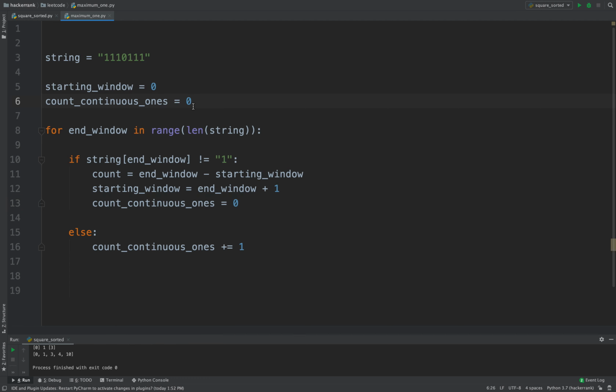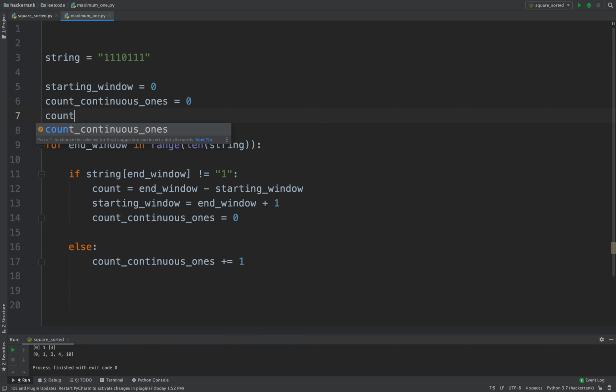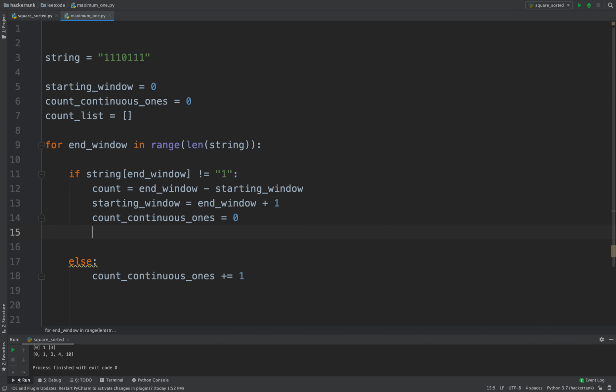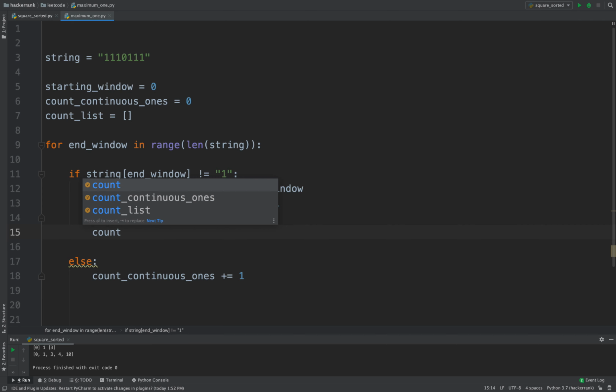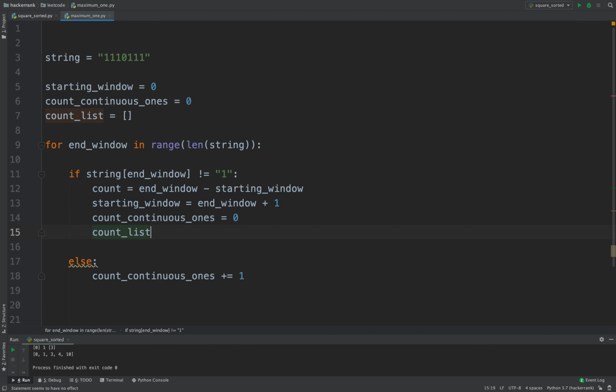Okay, so if you want to get the maximum count in a particular string, you need to have a list. So what you do is you append the count.